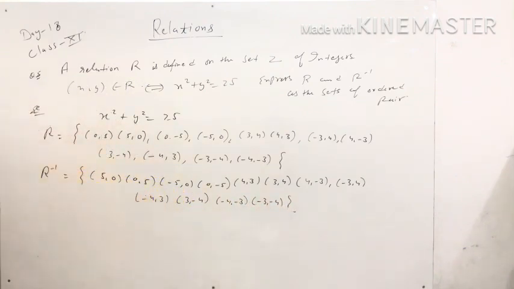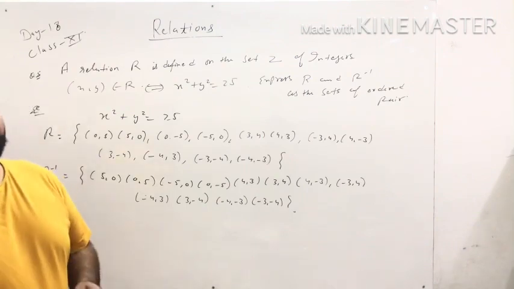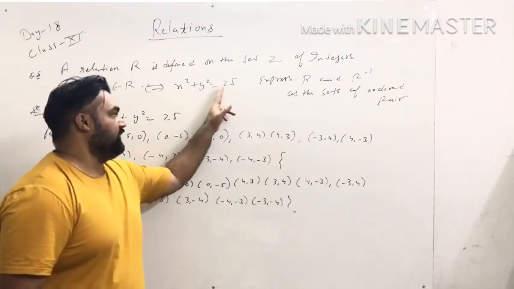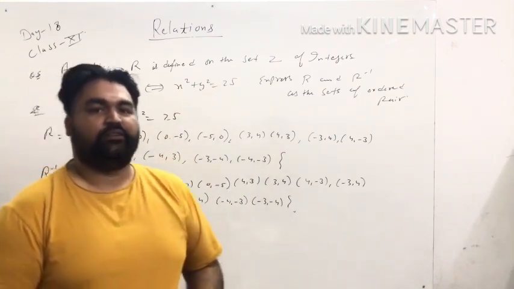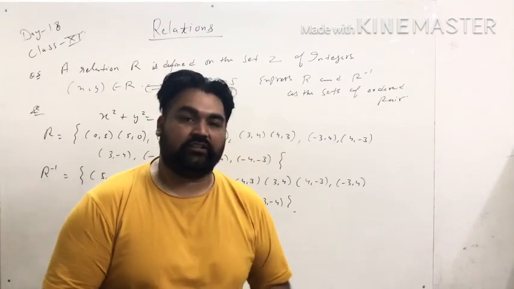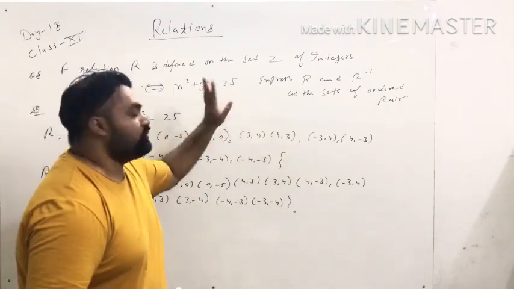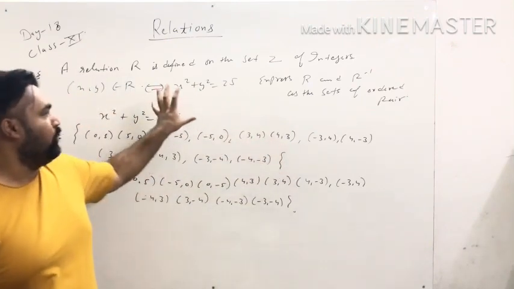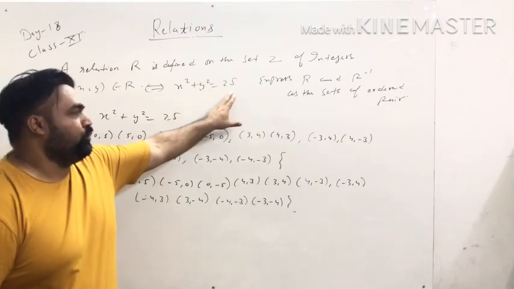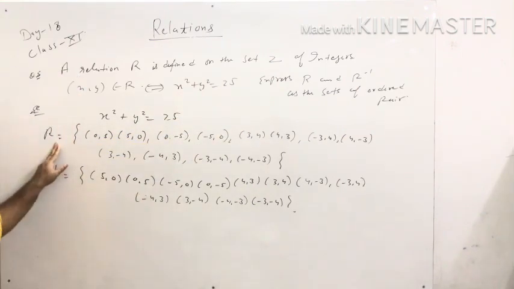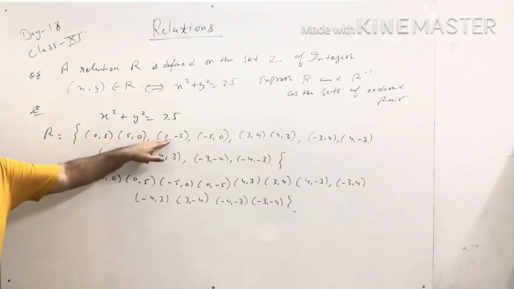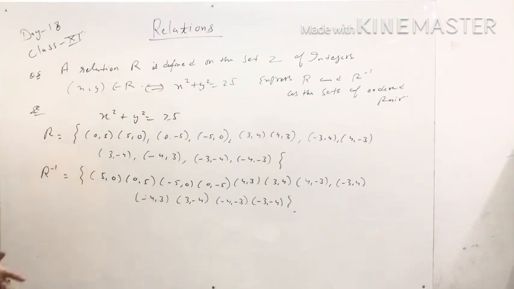So this is the concept of relation R according to different conditions. For example, in this question, the condition is x square plus y square equals 25. We have to put the values of x and y, including integers, so that the answer is 25. So these are the possible ordered pairs. When we put these values of x and y, we get the value 25. So this is the relation R: the relation of 0 with 5, 5 with 0, 0 and -5, and so on. R inverse is changing the first element to second and second to first, and so on.